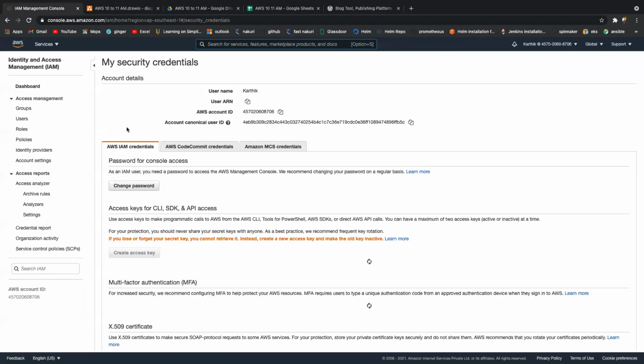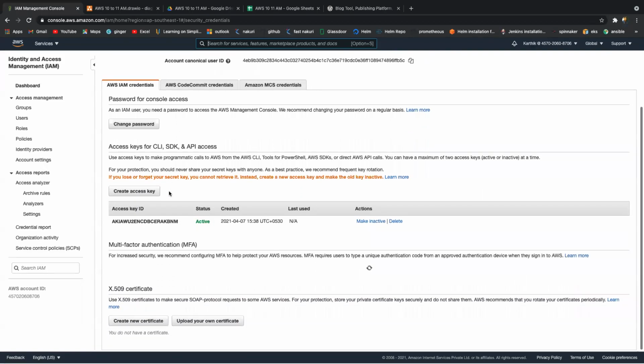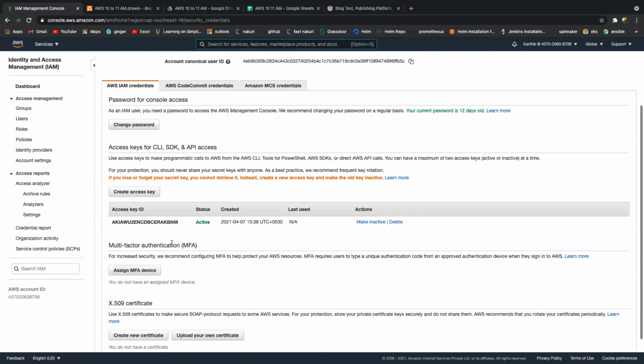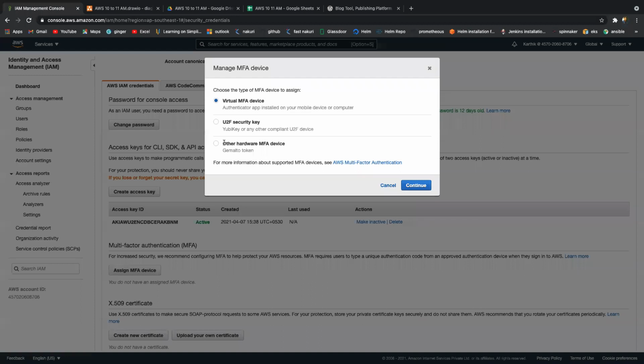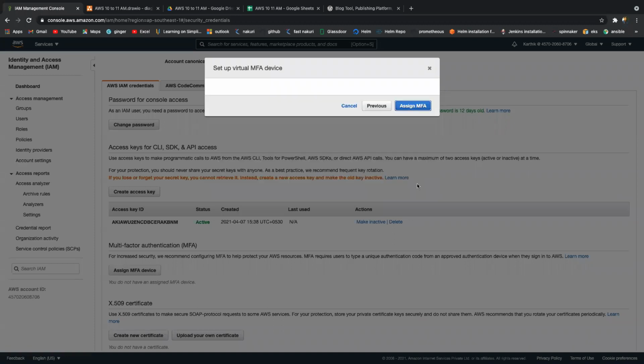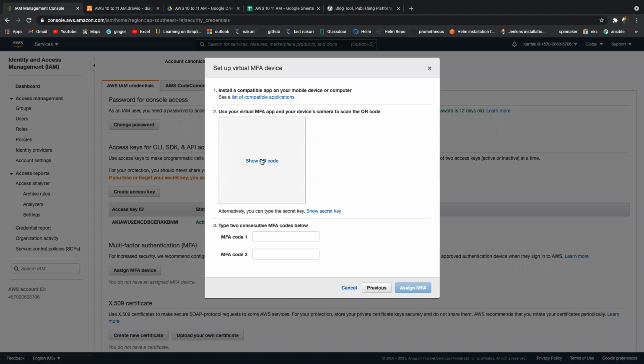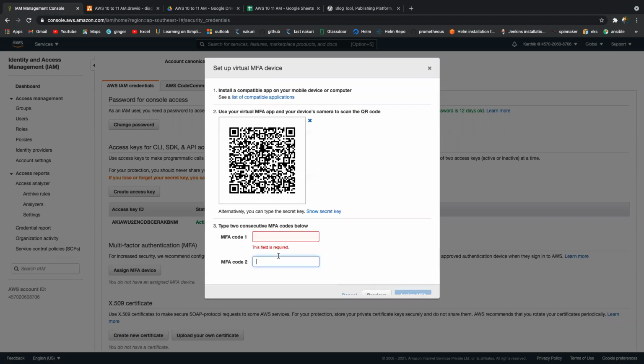It will take you into this multi-factor authentication dashboard. Here you can see we have the option, multi-factor authentication, right? So assign MFA, continue with the virtual MFA device. Then you can scan your barcode. Once you scan, it will provide two OTPs. You can enter them and assign. Got it?